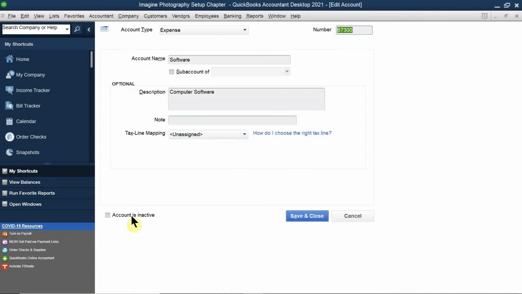Once I click edit, I'm going to change this word software and make it identical. It must be identical to the account that you do want. So in this case, it has to be computer and internet